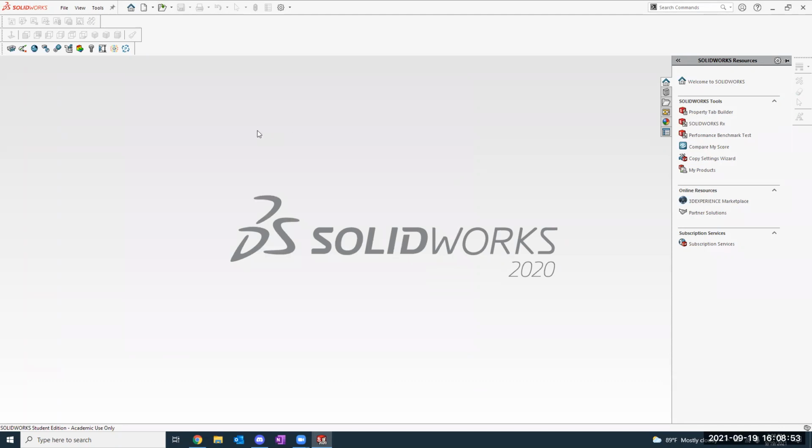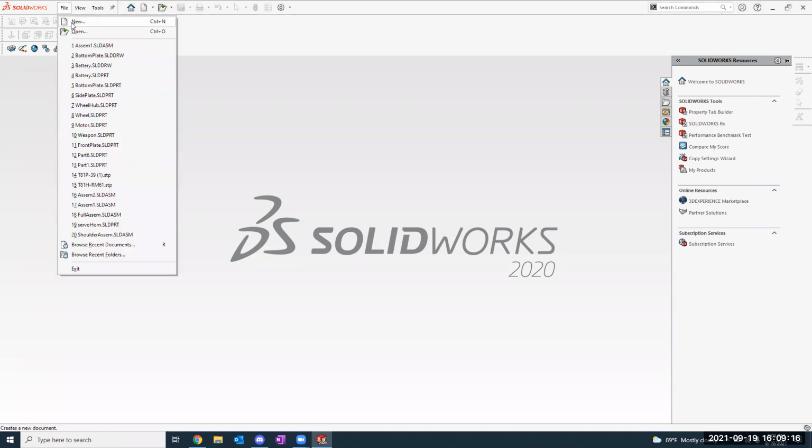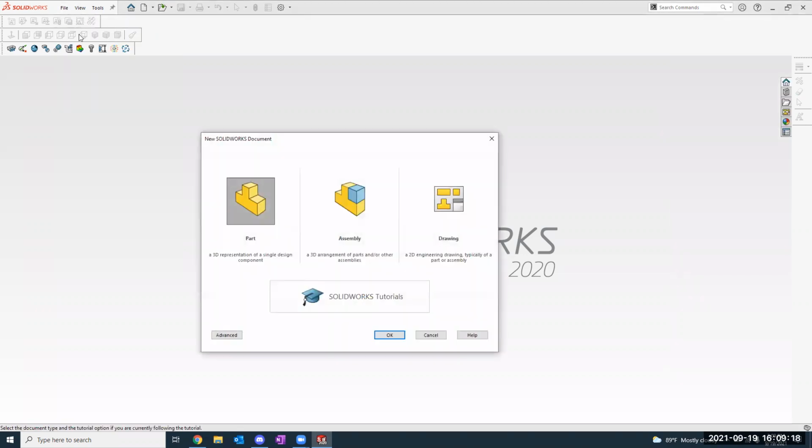Just hope that works. All right, so now that you have SolidWorks open, you should have a screen like this. You might have a little welcome splash screen up here. But essentially what you want to do first, whenever you want to make anything in CAD, is make a new file or a new part. So we'll go up to the top left, click File, New, and then you'll be able to hit either Part,